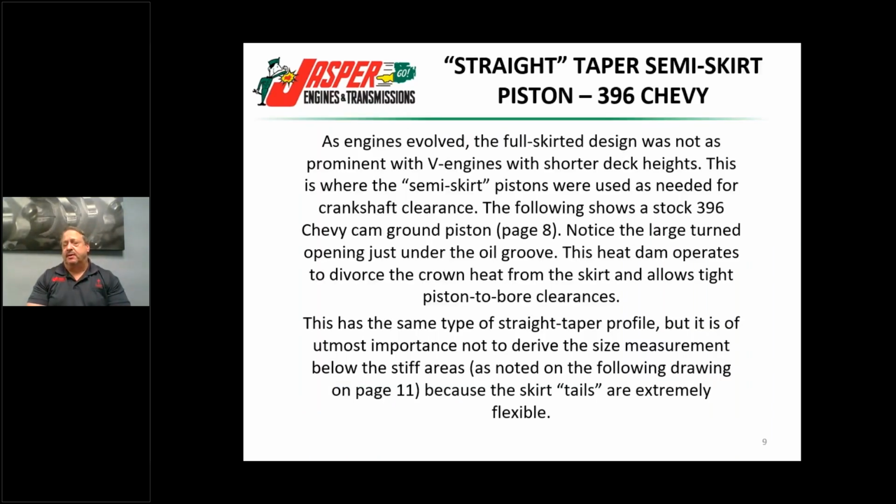Now, when the engines evolved from the full skirted design, you had the lower deck V engines with the counterweights, and so you had semi-skirt pistons. You see most of that prominent, probably in the 50s and 60s for the most part. You see a lot of those. I found one, a 396 Chevy, that I found a core on, and so I pulled the piston out of it. I'll show you. Now that's cam ground from the factory,